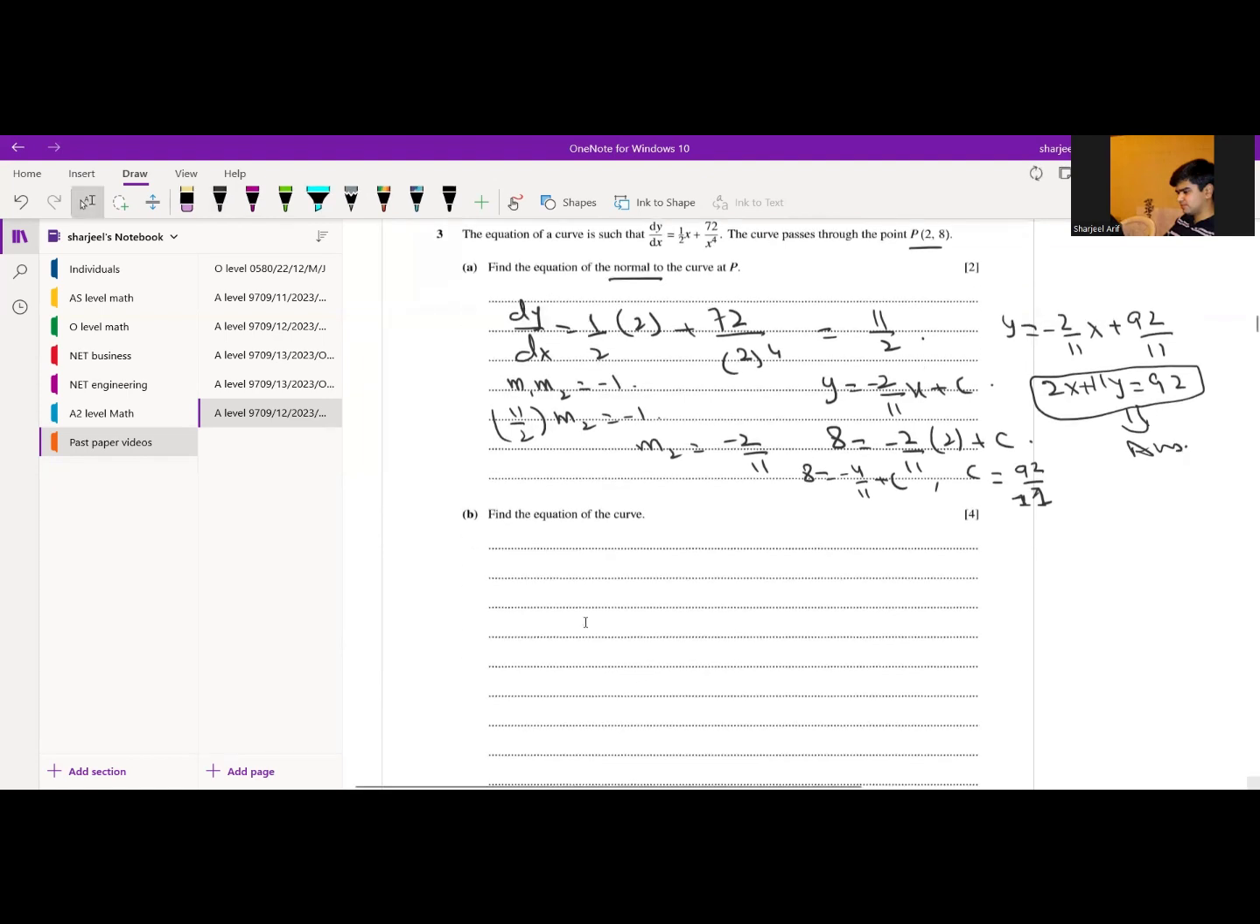So in this B part, we have to find the equation of the curve. So we will simply integrate the given equation which is in derivative form. So we have to integrate this equation. This will become y equals x square by 4 plus 72 x power minus 3 over minus 3 plus c. Simplify to get